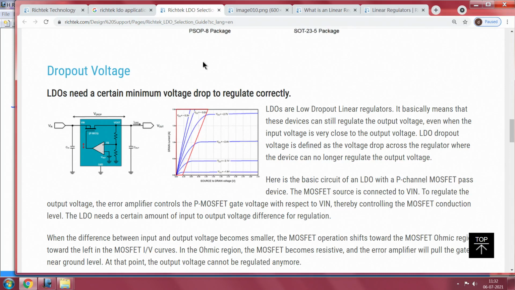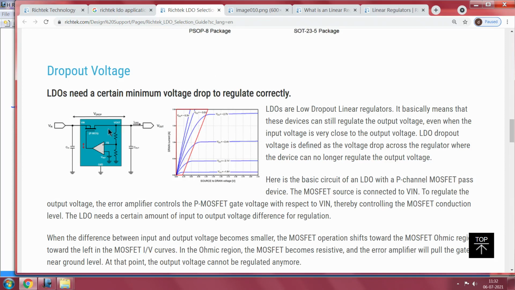Now this picture that you see here is a P channel series pass element. You also have an error amplifier here, you have the two sense resistors here, and this is the output here. You can see that this is the source, this is the drain, and this is the gate. Now you keep pulling this gate whenever there is the output voltage, whenever the output load current changes, the output voltage tries to go out of